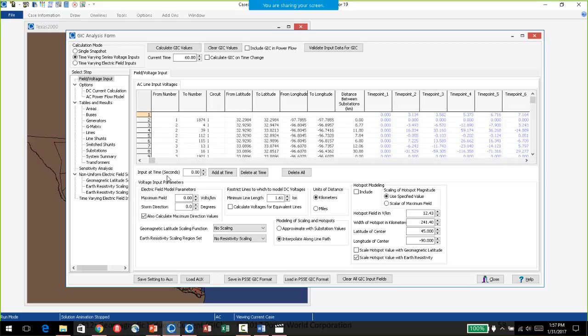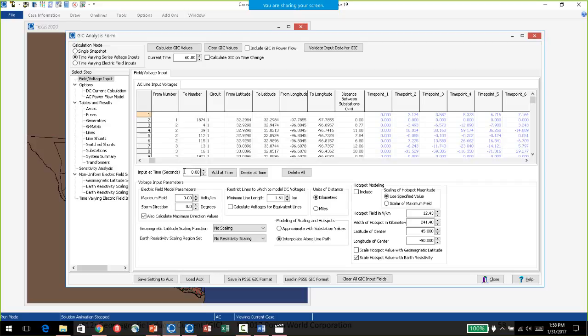That will be in version 20. But essentially what that tool does is it generates these time points for the EMP scenario that you describe. You describe a location, and then you describe the pattern. There's a few options based on the Oak Ridge National Lab diagrams, the different figures in the different diagrams, and you can choose which one to apply to the E3A and the E3B, and there's a few different options there.